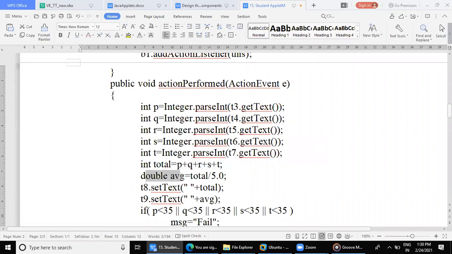Double average. Why? Because average is a fractional value. Total divided by 5. If you give 5, then the double value will not be calculated. That's why 5.0. Why 5? Because 5 subjects marks. Then where we are going to display the